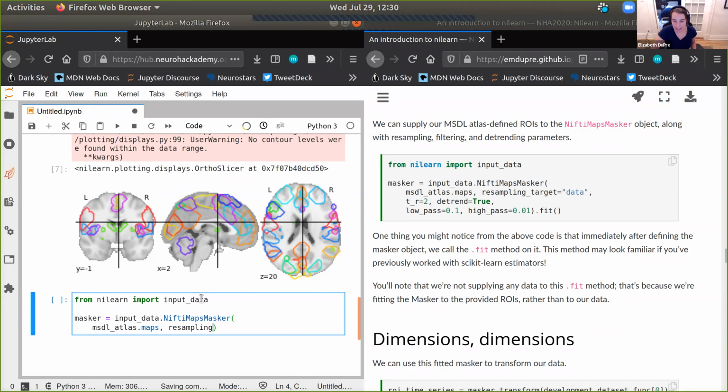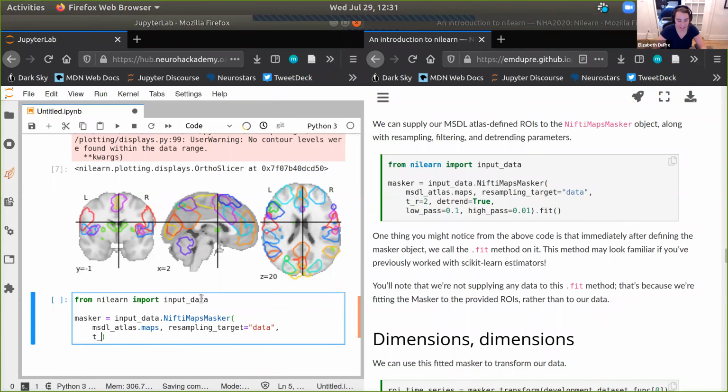And then I'm going to pass a few different parameters, which are really useful. So I'm going to give it a resampling target, which is useful if you're working with different data to make sure that they all have the same dimensions, which, if you went to Chris Markiewicz's lecture on NiBabel, you'll know is quite important.